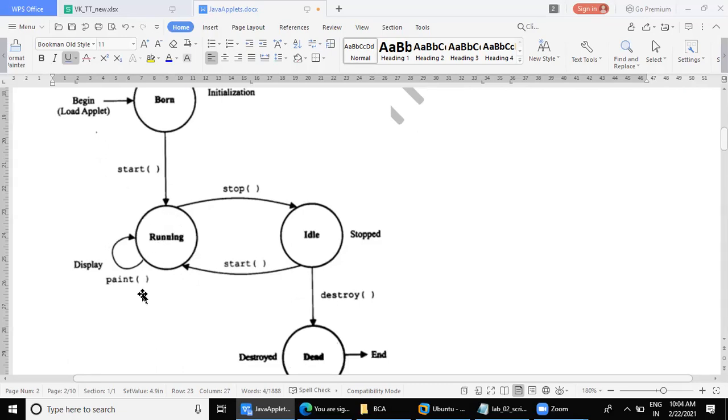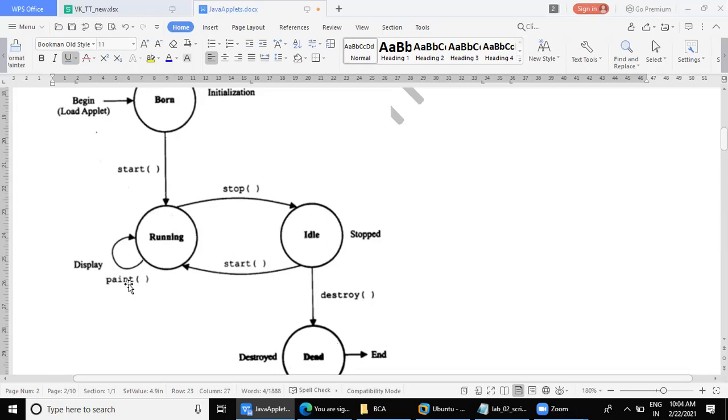From running, actually running means whenever you display something, you call paint method. And you know, paint we called only once here because we wanted to display static message. Now what if the user gives any value and then you calculate and then you display? Because in the beginning your screen is like enter the number to the user. After you accept the number, you are going to calculate something in the applet and then again display the output on the applet screen.